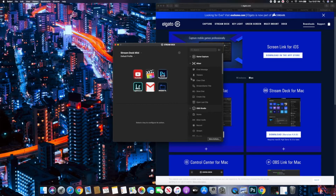But you could change these presets to whatever you want. You could have one set to OBS. You could have one set to anything. All you would have to do is use these tools here to set it up. And I don't want to go into details for all of this, because there's a lot of videos on YouTube that teach you how to set up a Stream Deck. I'm just showing you guys how I configure it to suit my needs, because I